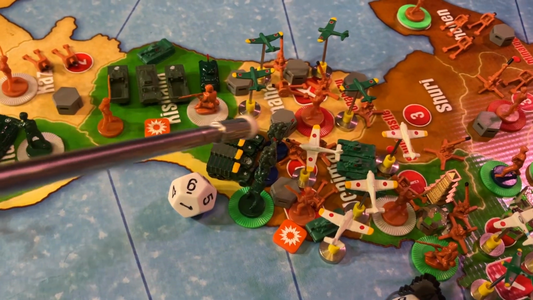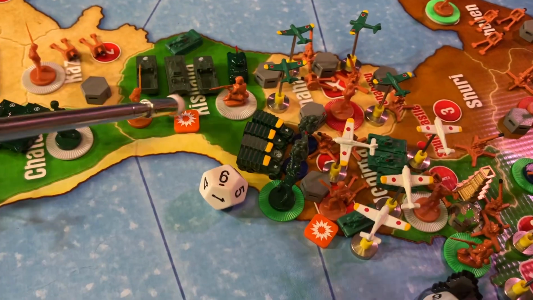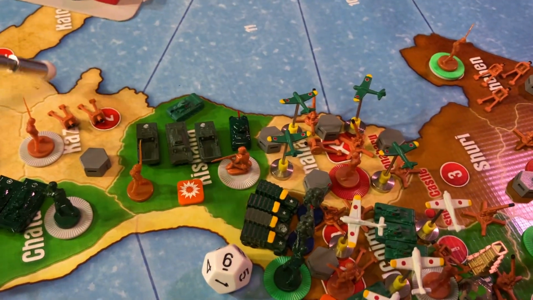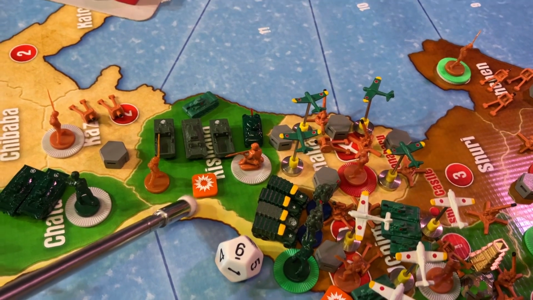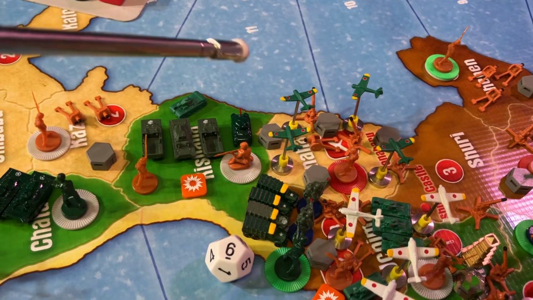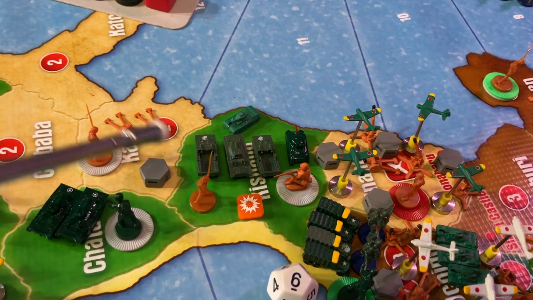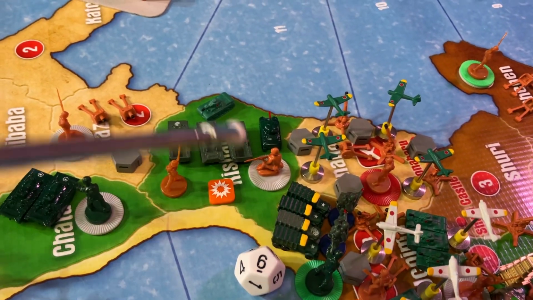Artillery can't fire into a territory where your own forces are, but they were able to fire down into here, as well as the artillery in this territory and the artillery here. So the Japanese wiped out the rest of the U.S. infantry, and then launched an ineffective attack, an infantry coming down from here, a tank coming down, a couple militia coming down, because they wanted